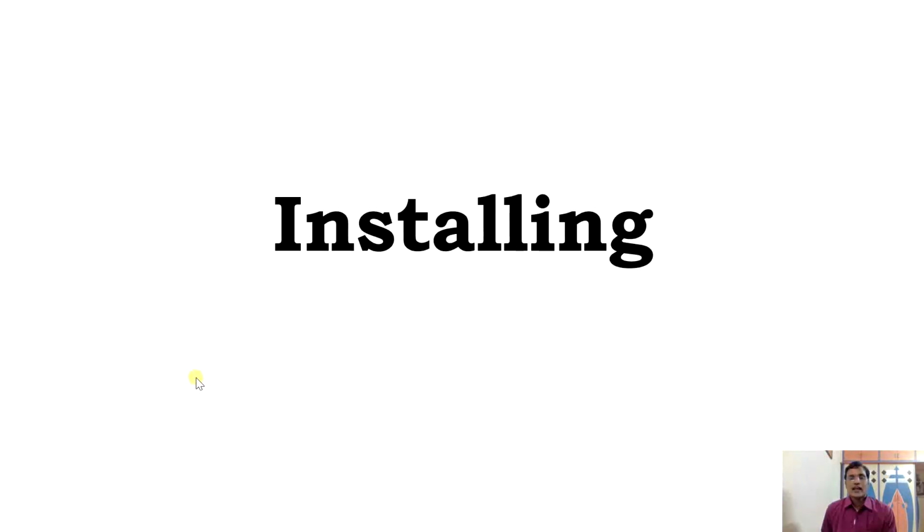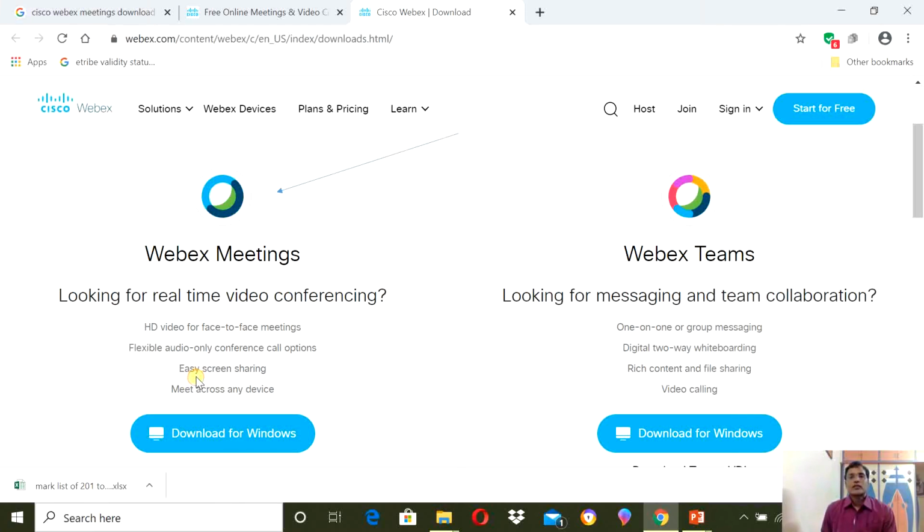So let us see how to install this app. First, you need to go to the website webex.com. You will find there are different versions of WebEx, so go for the WebEx Meeting app. Then download the version suitable to your machine. If you are downloading it on your smartphone, go to the Play Store and find the WebEx Meetings app. Remember, WebEx Meeting, WebEx Teams and some other versions are there, but those are paid versions and for different purposes. What I am talking about is the WebEx Meetings app.